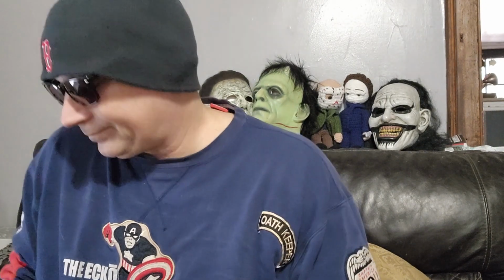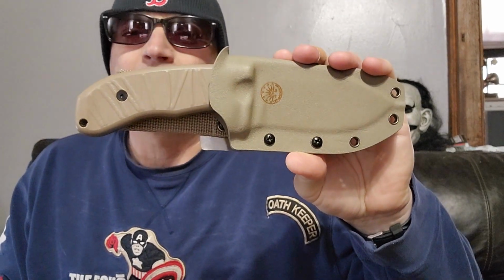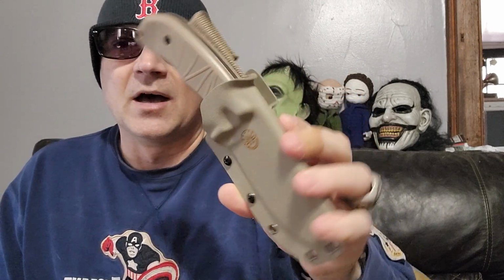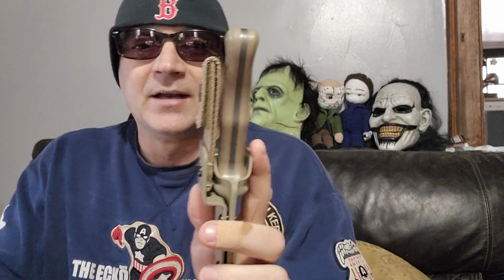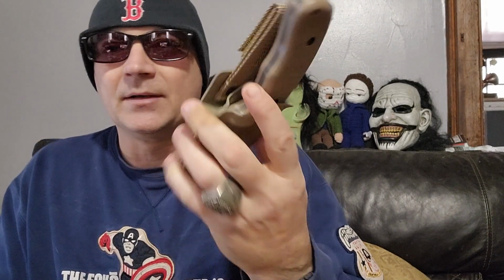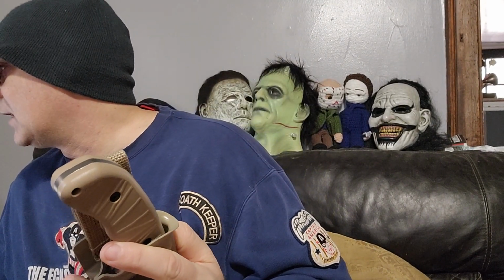Well, I don't know. Empty that bucket and pour out the knife. So this is what we have here. Coyote tan. They come in different colors. Taco style sheathing. G10 scales. Full tang construction. Non-flappy nylon. On and off the belt. Easy. Adjustable. I mean, come on, man. It just keeps getting better. Let's go over some of the